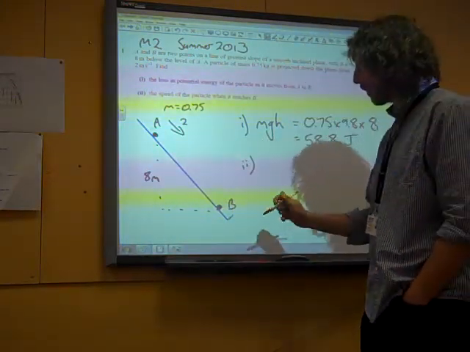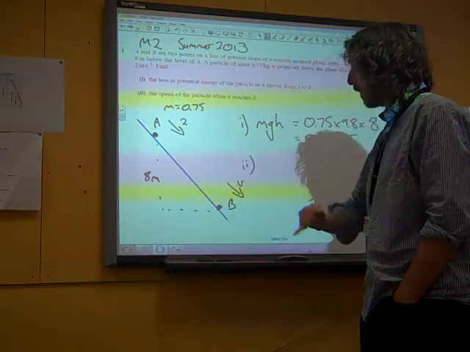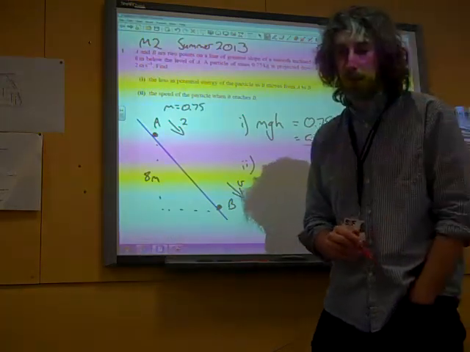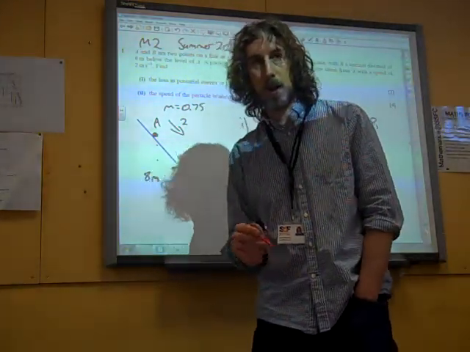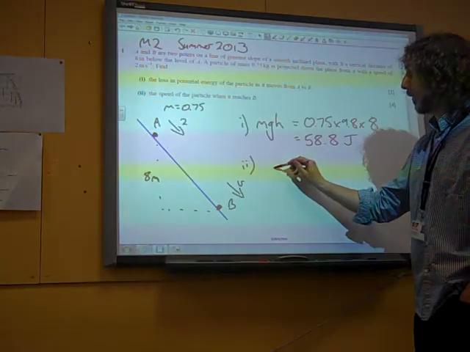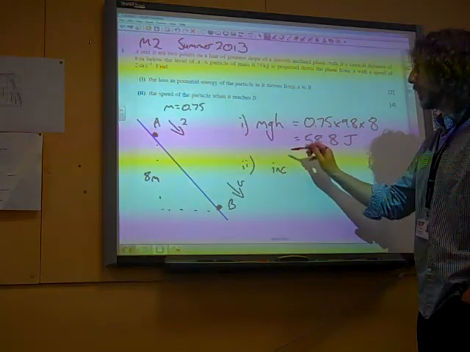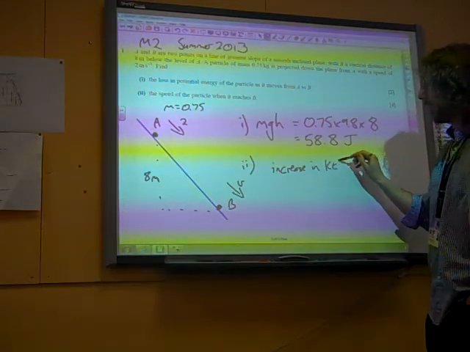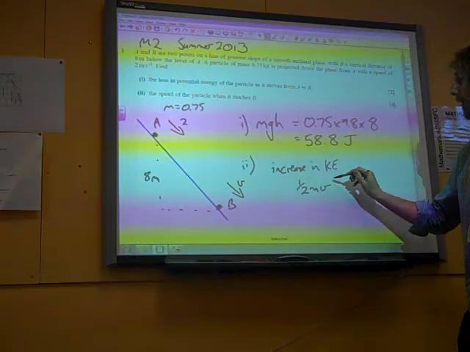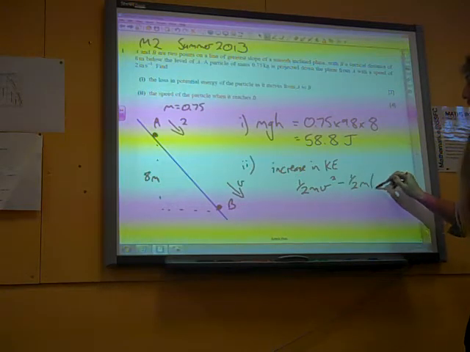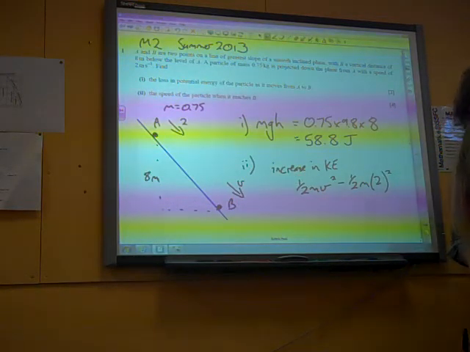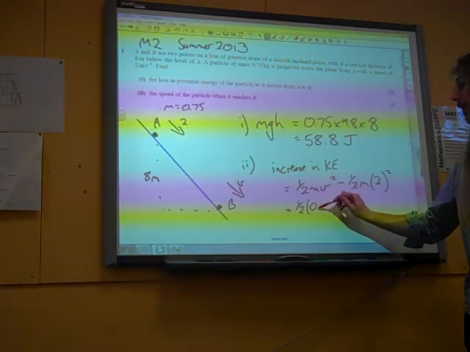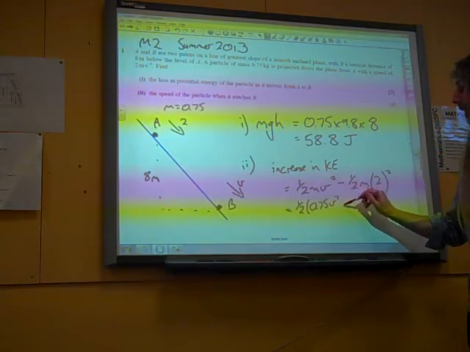Let's call the speed V. So we've got that the increase in kinetic energy is half mv squared minus a half times m times 2 squared, 2 being the initial velocity, so that's a half times 0.75 v squared,